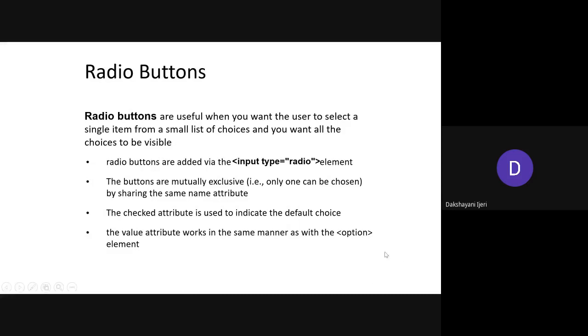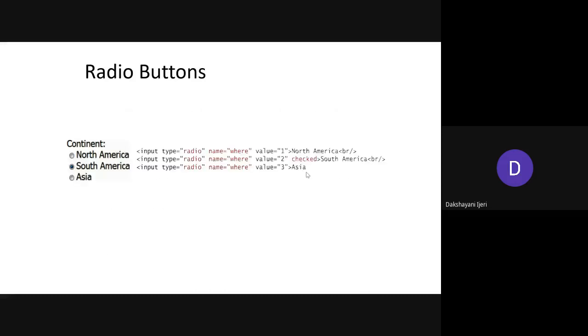So that is said to be the radio button, and the element that is used to create the radio button is again the input element, but the type attribute should have the value radio here. Along with that you should have the name attribute and also the value attribute to tell which option has been selected by the user.